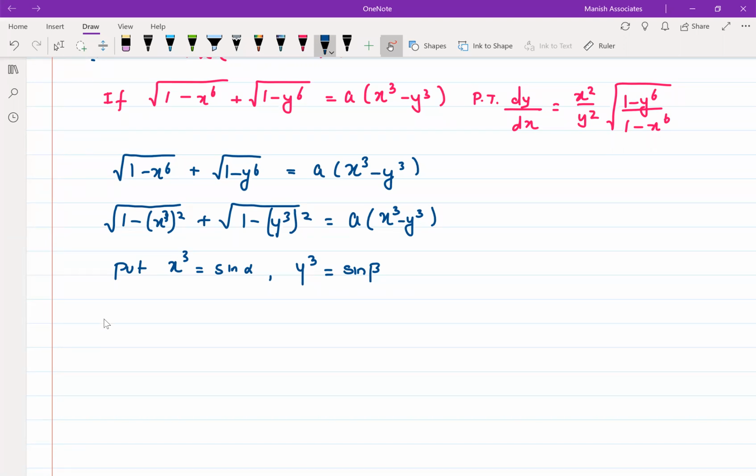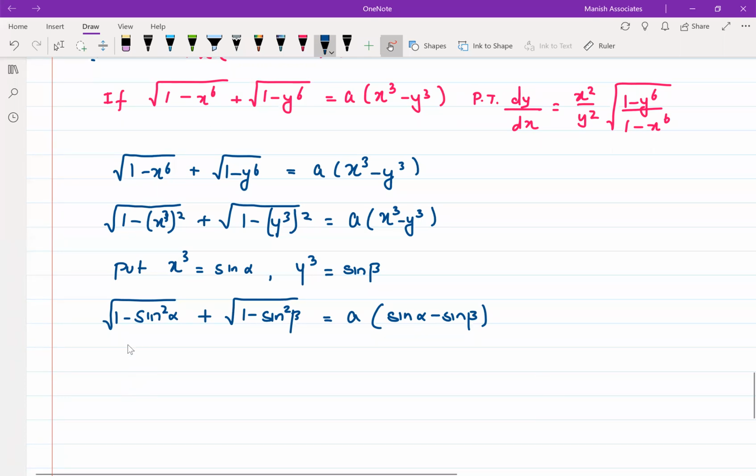Okay, so now I'll have root of 1 minus sine square alpha plus root of 1 minus sine square beta equals a times (sine alpha minus sine beta). Now root of 1 minus sine square alpha is root of cos square alpha, which is cos alpha, plus this will be cos beta, equals a times